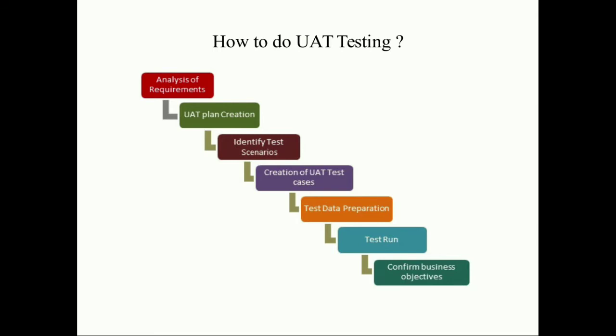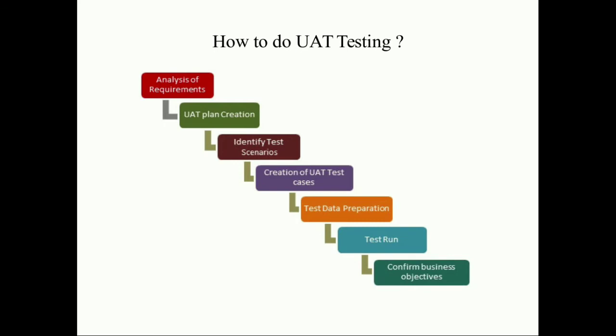Now in the last step, confirm the business objective: the business analyst, or we can say UAT testers, need to send a sign off mail after the UAT testing. After sign off, the product is good to go for production. Deliverables for UAT testing are the test plan, test scenarios or UAT scenarios and test cases, the test results, and the defect bugs. So these are the things that should be performed if you want to implement the UAT. These are the steps through which we can implement the